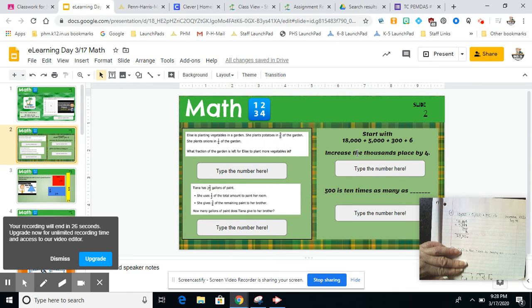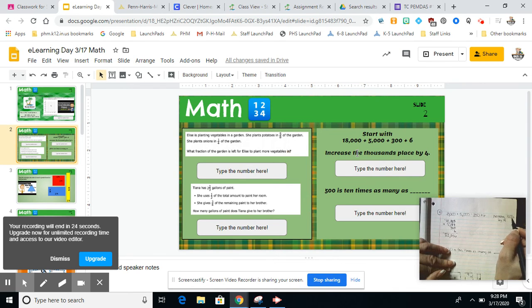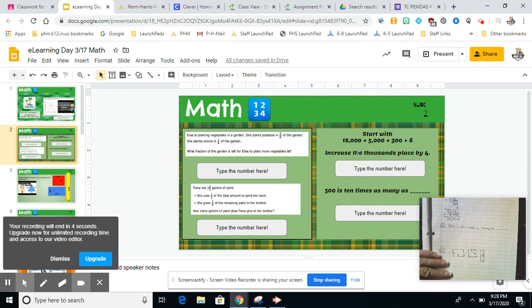But we're not done. It says increase the thousands by 4. So if we're going to increase, that means we're going to be adding. And if we have 4 thousands, the value of that is 4,000. So 27,306 is our answer. The next one is 500 is 10 times as many as. That means